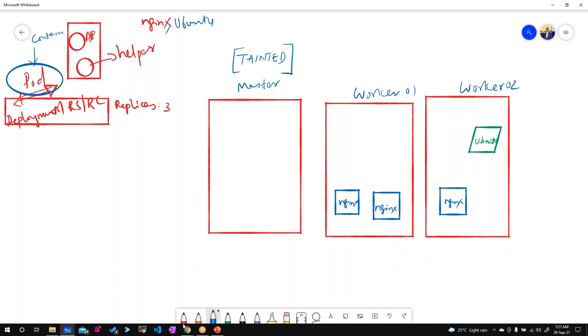Okay, due to some issue this node went down, imagine. Then what will the replication controller or the replica set do? Replication controller is the old one, replica set is the new one. This controller will check and see that only 2 of them are running but the desired state is 3. So it will try to spin up one more instance. Since worker node 01 is the only available worker node, it will spin up there.